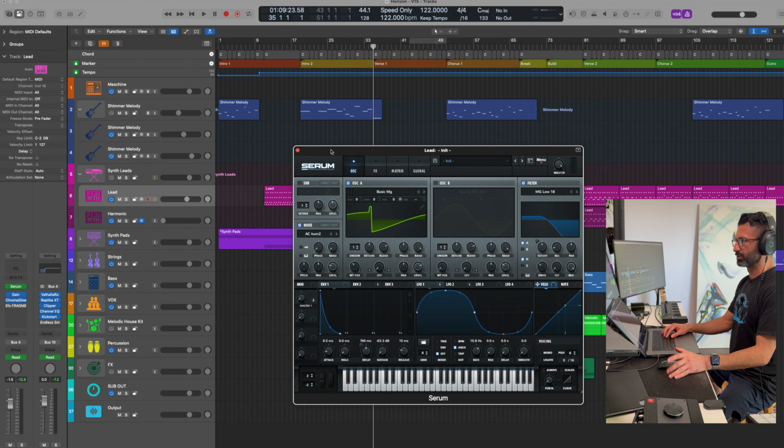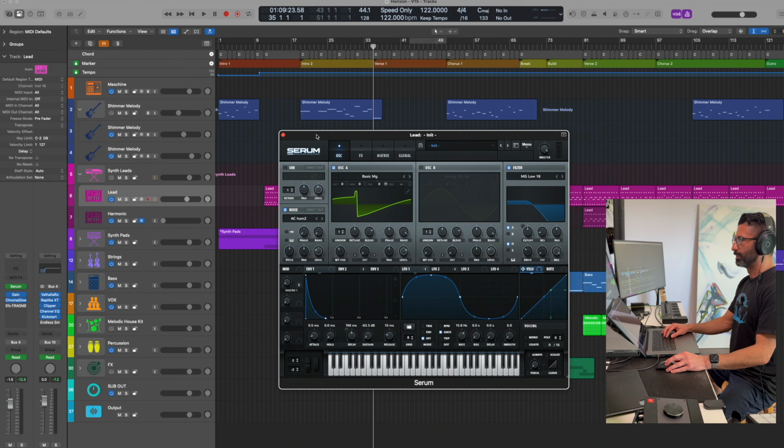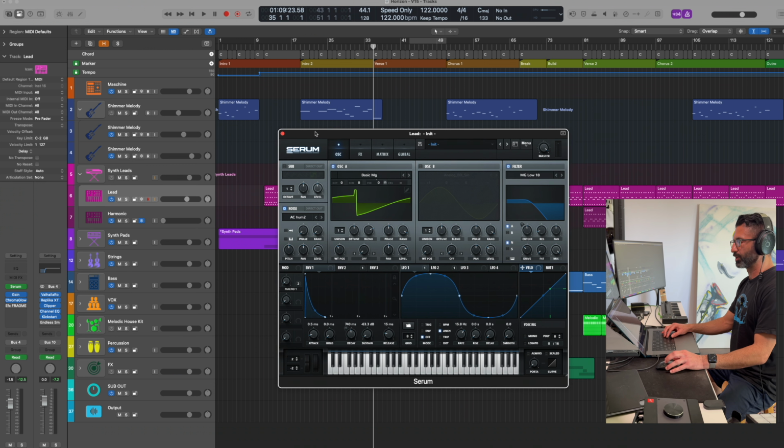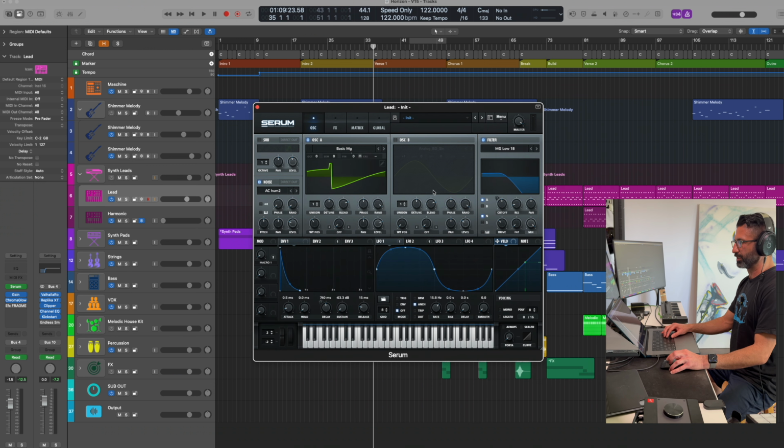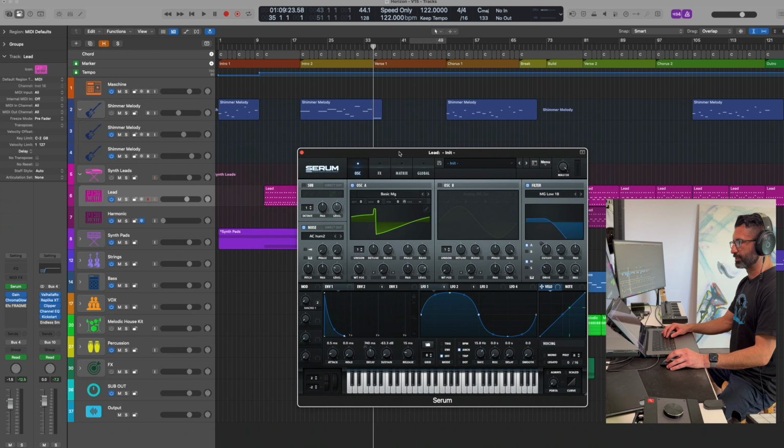For my latest release called Horizon that I released a couple of weeks back, the main melody part used a fairly basic Serum patch that I designed. Very straightforward. There's not much to it, but I'm going to do a quick breakdown here of how I use this,